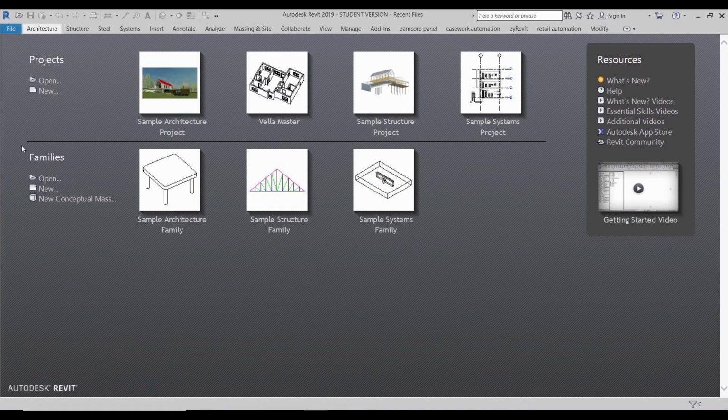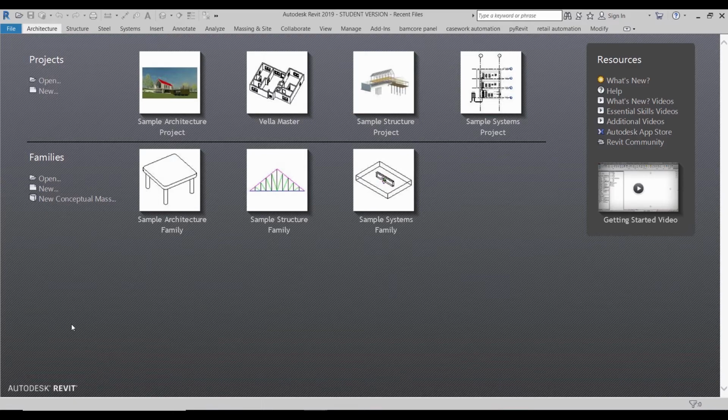But for now, I can also let you know that families are essentially just elements that are created separately, generally furniture or things related to annotation, tags, and sheets, but also just 3D modeled elements that are smaller than the architectural elements that can be imported and manipulated and imported into a larger 3D model.